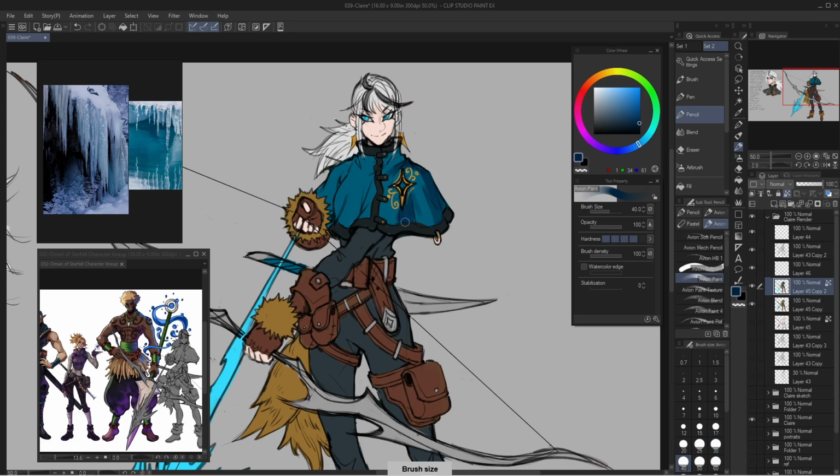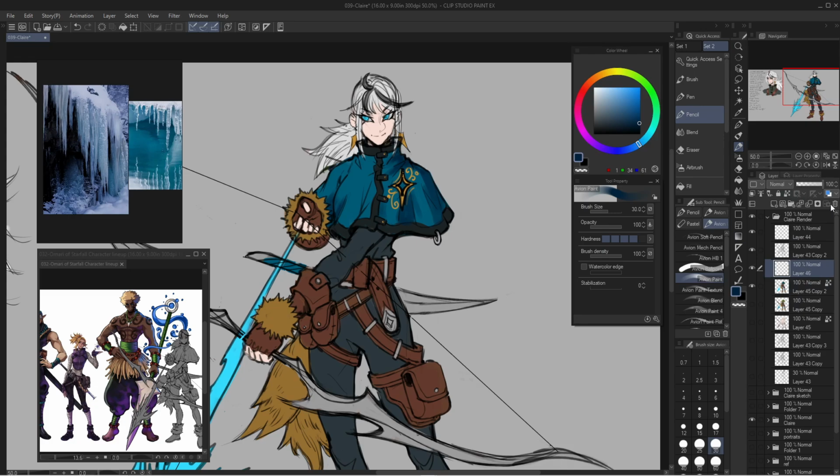So I'm doing all of this on one layer because it's just easier to do it on one layer. You can do it on one layer if you're more comfortable with it, but it just saves a lot more time for me just to draw and paint on one layer. I have one layer for my colors and then one layer for the line art, and then after I get all the shadows and the lights in,